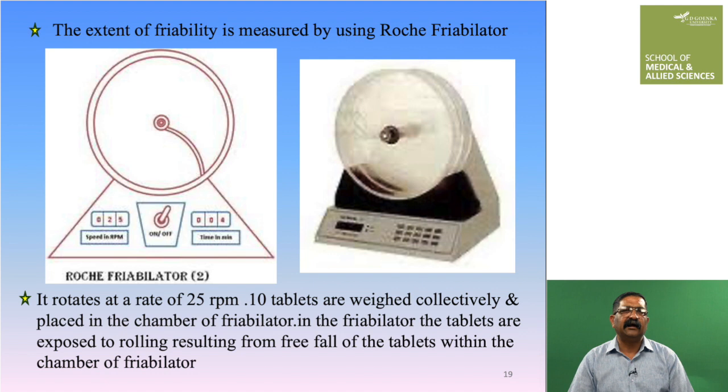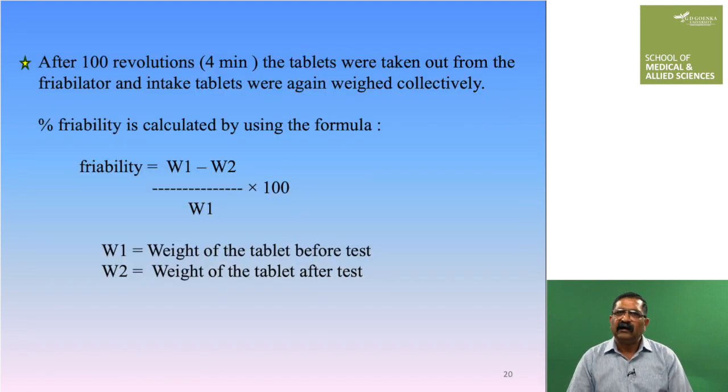As you can see in the image down in the slide, the extent of the friability is measured by using the Roche friabilator. It rotates at the speed of 25 rpm, using 10 tablets which are weighed collectively and placed in the chamber. The tablets are exposed to rolling and free fall within the chamber. After 100 revolutions, or you can say 4 minutes of rotation, the tablets are taken out of the friabilator